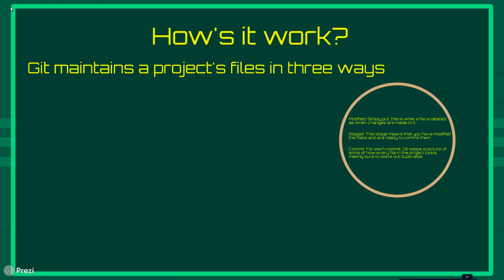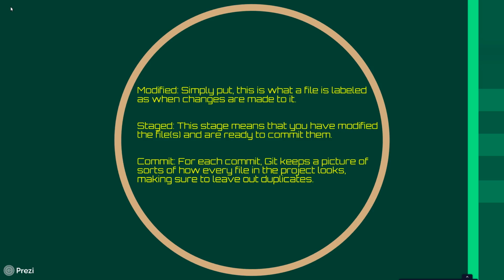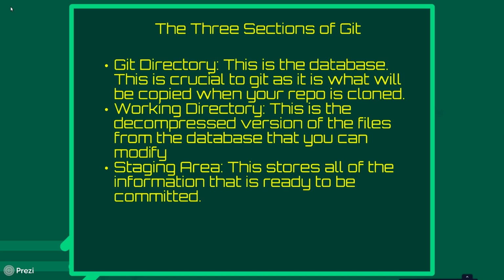So how does Git work? Git maintains a project's files in three ways. The first way is modified. Simply put, this is what a file is labeled as when changes are made to it. The second way is staged. This means that if you have modified files and you're ready to commit them, they'll be put into this staging area. And the third way is committed. For each commit, Git keeps a picture of sorts of how every file in the project looks, making sure to leave out duplicates. So there are three main sections of Git: the Git directory, the working directory, and the staging